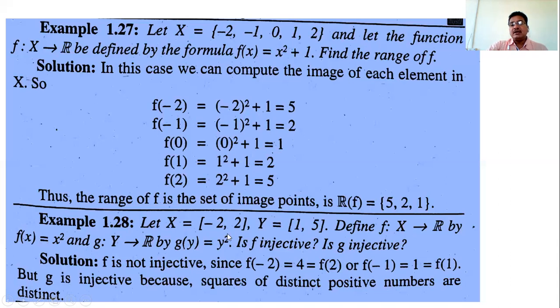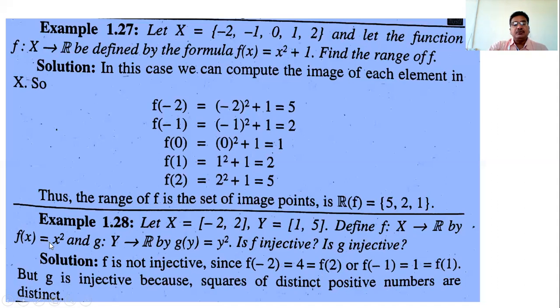What are the elements of this set? Minus 2 is an element of this set, 2 is an element of this set. Also, all numbers that lie between minus 2 and 2, that is, minus 1 is an element of this set, and 1 is also an element of this set. So if you take f of minus 2, it is 4, and